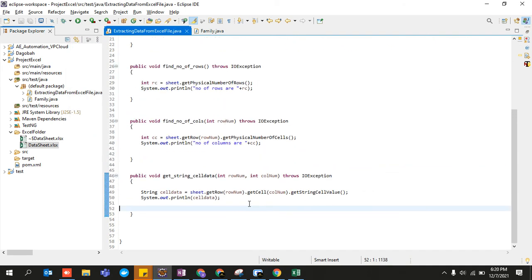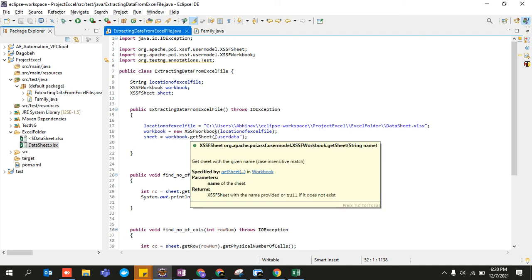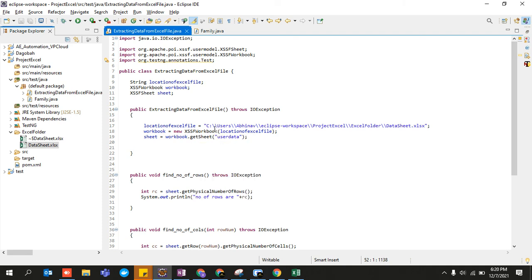Okay, so we have generalized all these three things, and now we need to generalize it over here. Again, it is saying that user data, you have to pass the name of the sheet and the location of the Excel file. So pass it in the form of a parameter, like a string for the location of the Excel file, and a string, let's say, name of the sheet on which you are working.